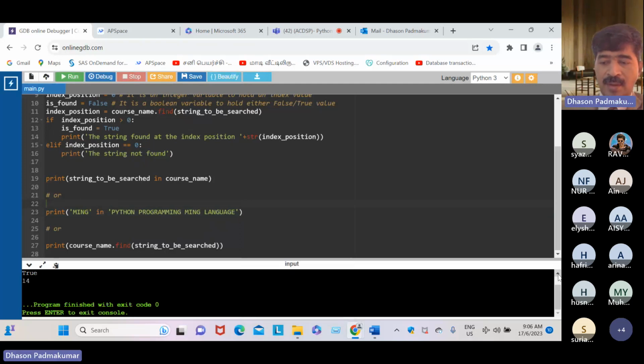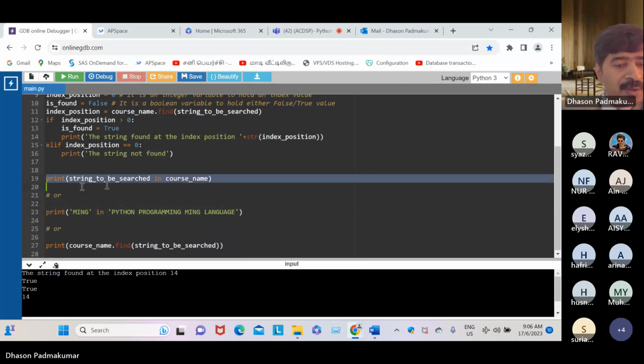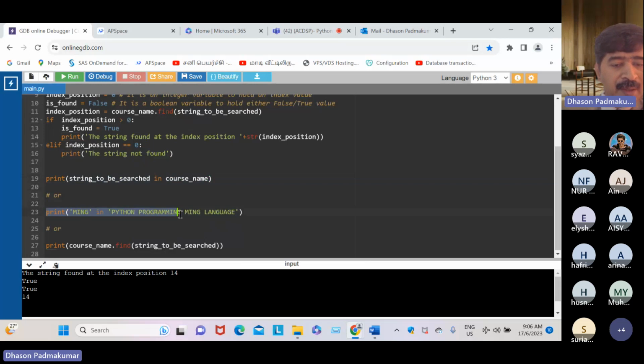Okay, dear student, look at the program. True, true, true. This program returns true because the string is found. Next, this program returns the first index position at which this Ming is found.